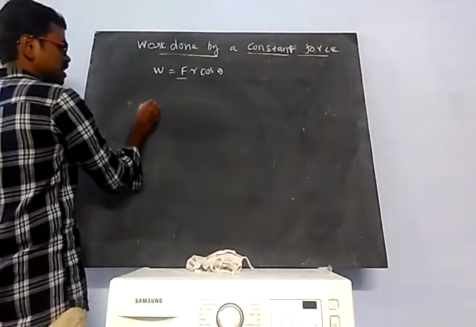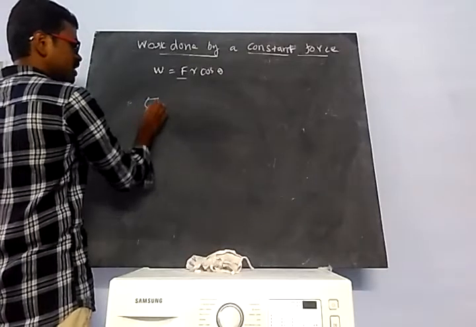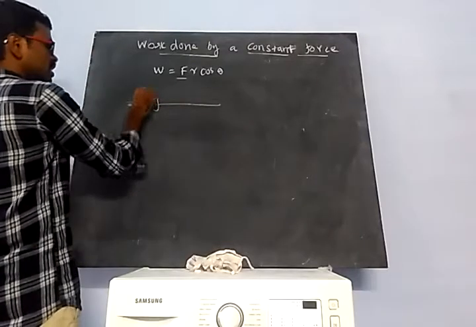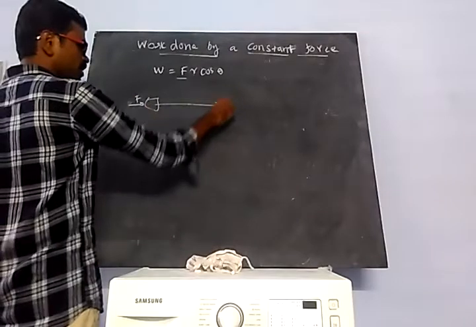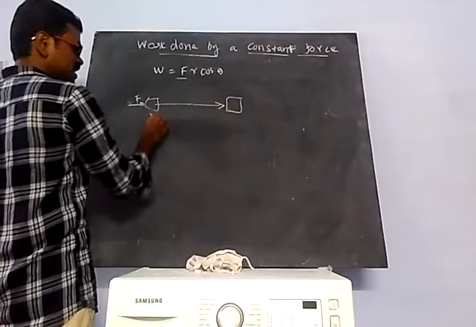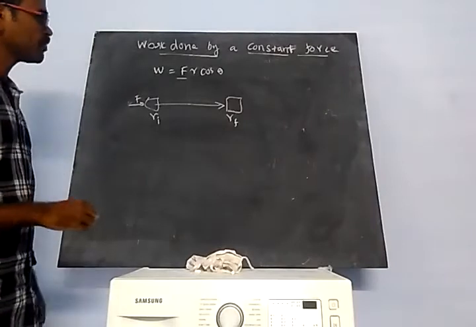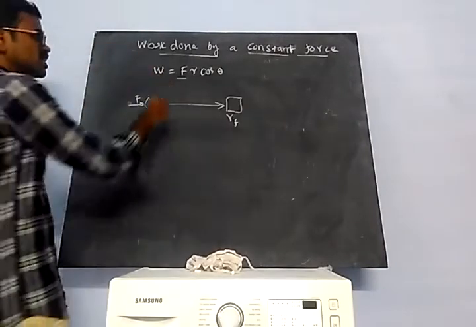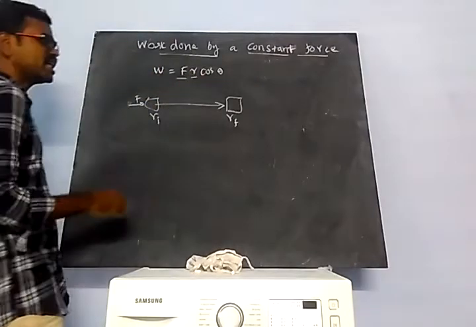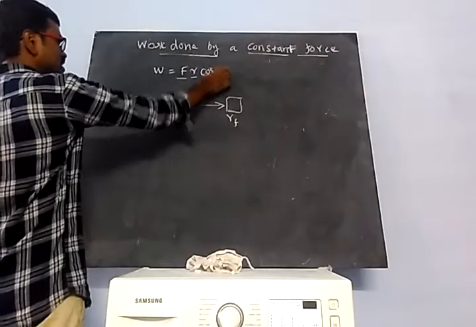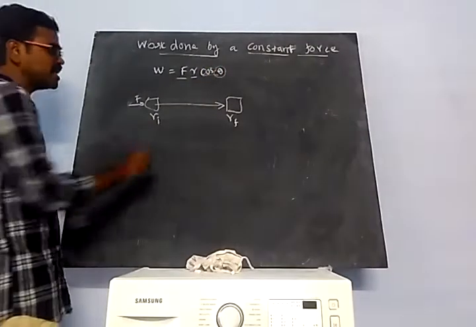So this displays one object. That object you can give that force. Okay, so that object is moving from this place to this place. There is the initial position Ri and the final position Rf. Okay, do you understand? So here the variable is displacement only. Then cos theta, the theta value, and the force are constant.